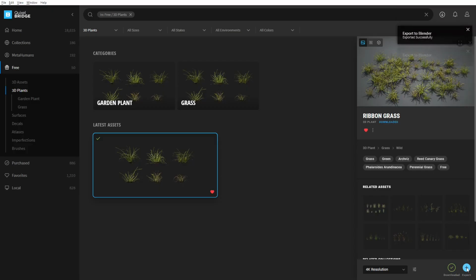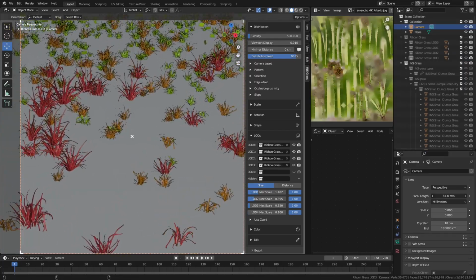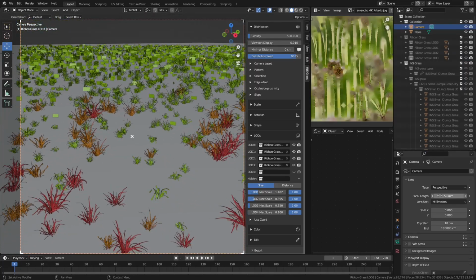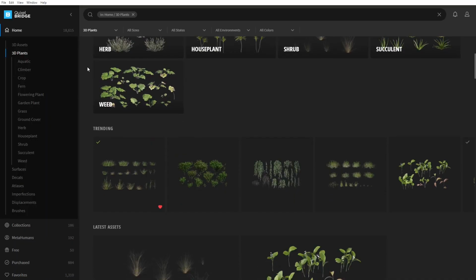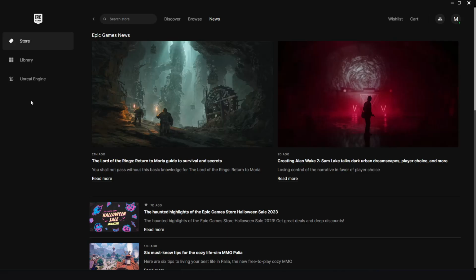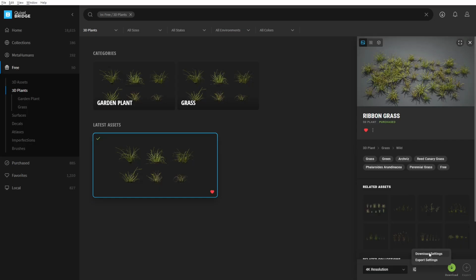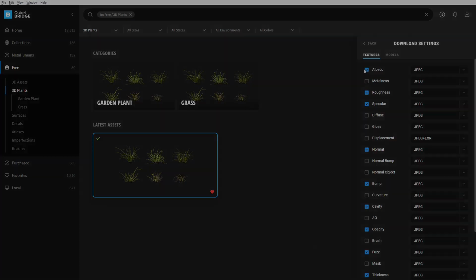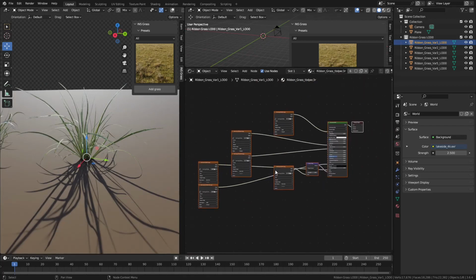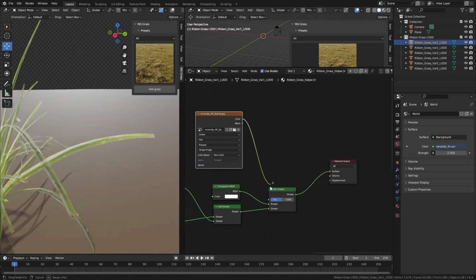In this video I will show how to export Quixel Megascans to Blender and use them with working LODs with INSGrass scattering add-on. First I will give a short introduction to Quixel Bridge. I will explain how to get free access to all its assets and how to set it up to export plants models to Blender. Then I will show how to fix plants materials created by Quixel Exporter to work well